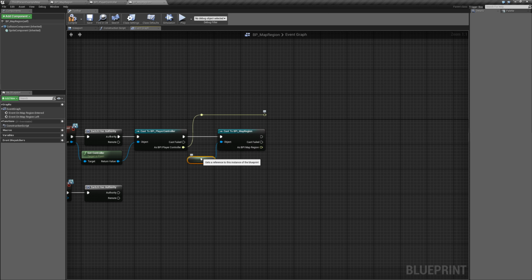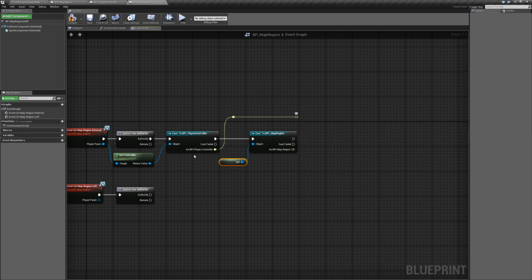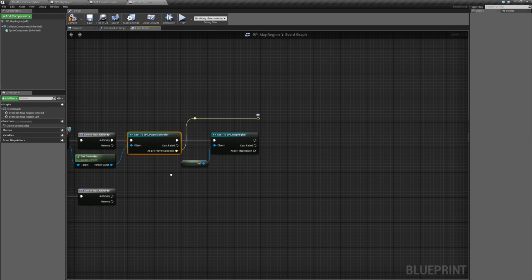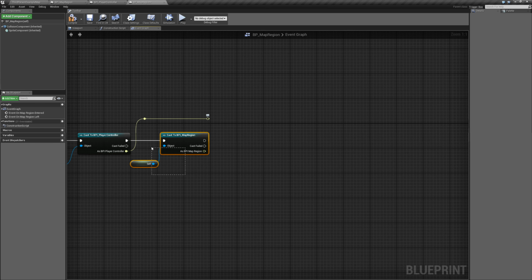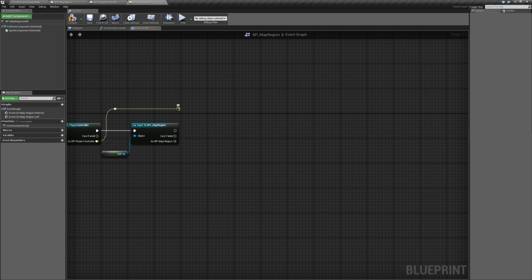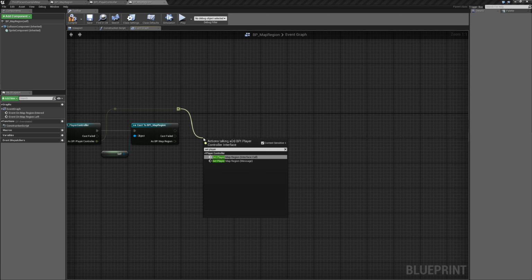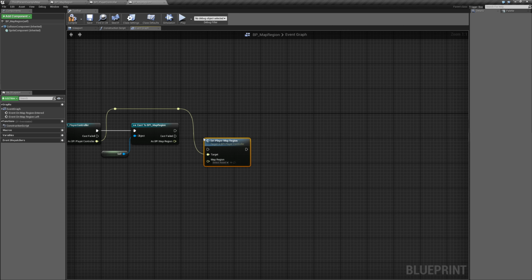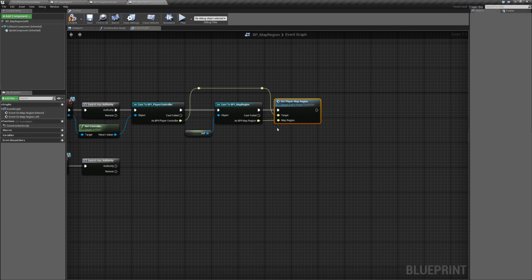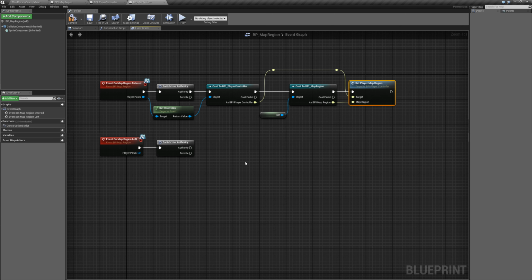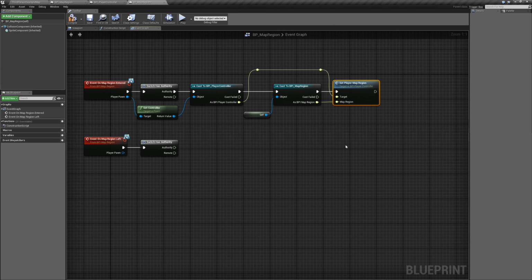So if we can successfully cast the player pawn to our player controller interface, then we know it implements the function that we will be calling, which will be set player map region interface call. And then connect up the execution pins right there, and then connect up the value pins right there. Pretty much the same thing